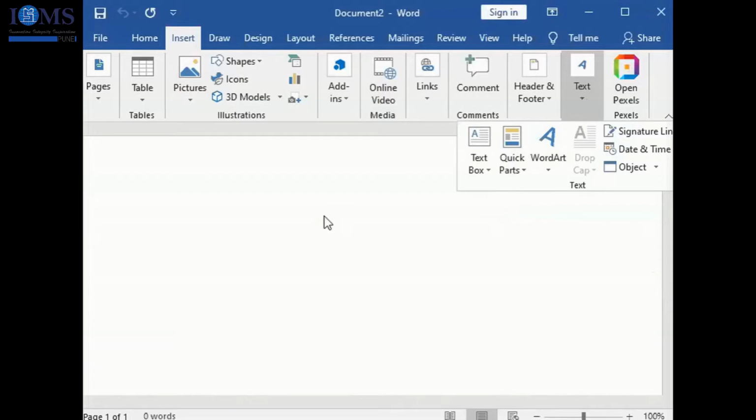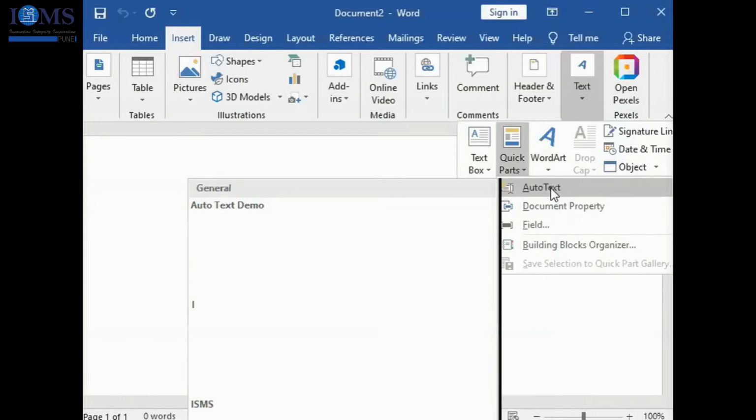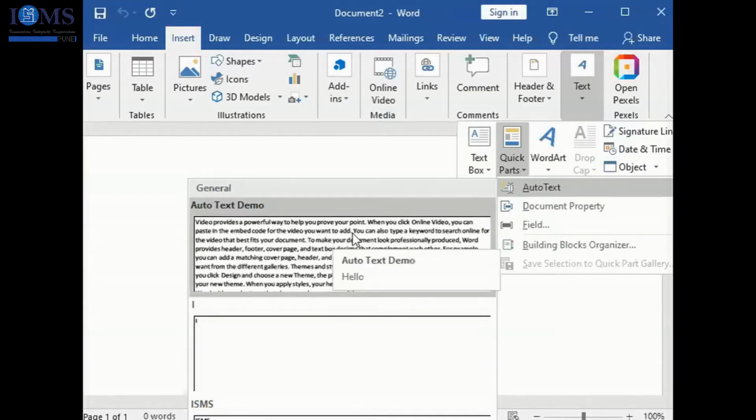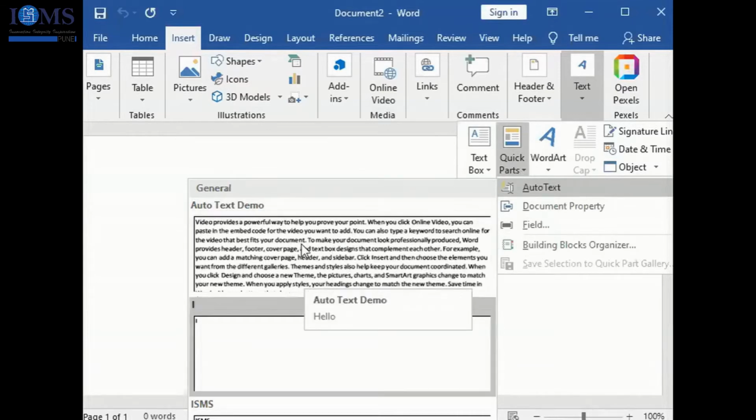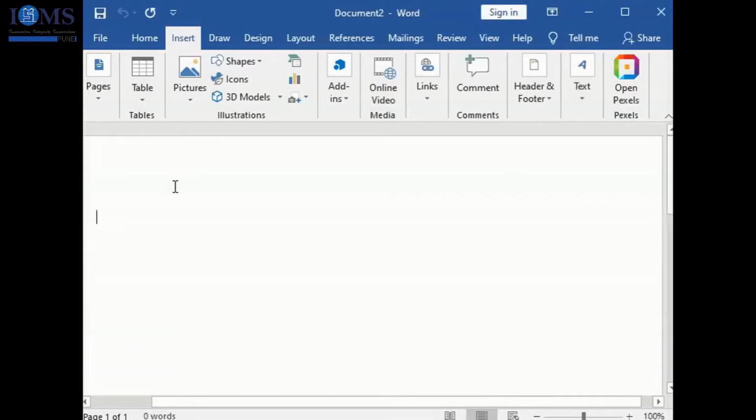Pre-formatted means you have already written something and you have saved it somewhere and you want to reuse it as it is. Now, see how it happens. In my earlier lectures with some other batch, I created this text as an auto text. So that's why it is coming on the very first search. Now, instead of that, suppose I want to take a new one. How will I take it?